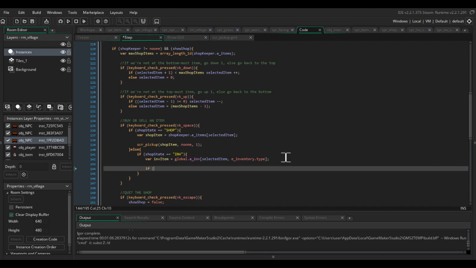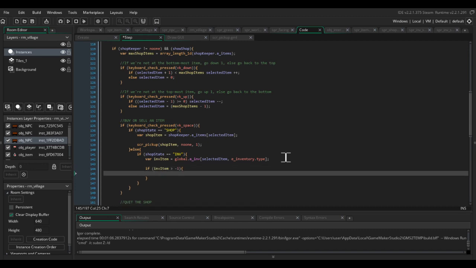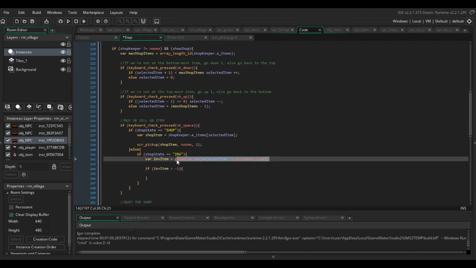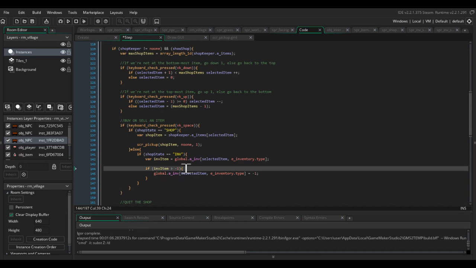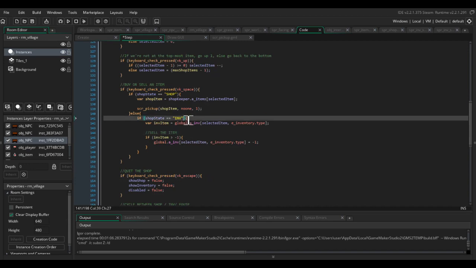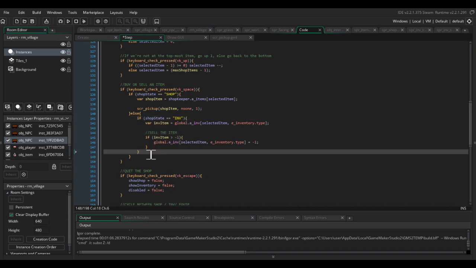So if inv item is greater than -1, then we want to remove it from our inventory, which is as simple as copy this, equals -1. There we go. Okay, and then else